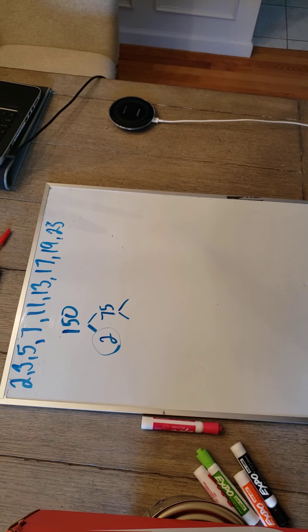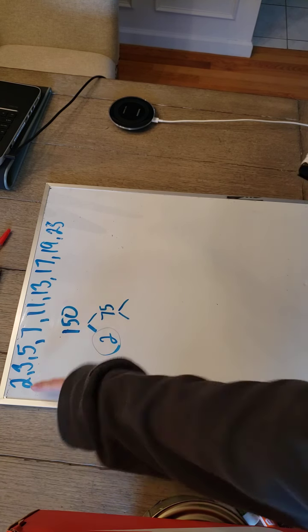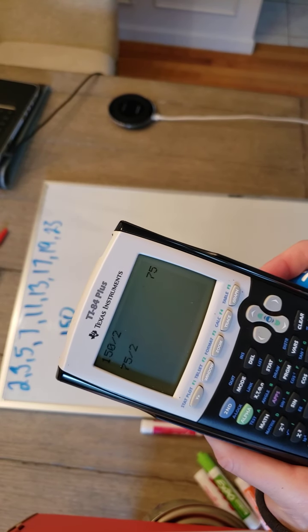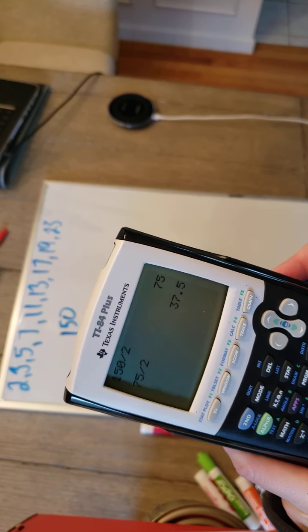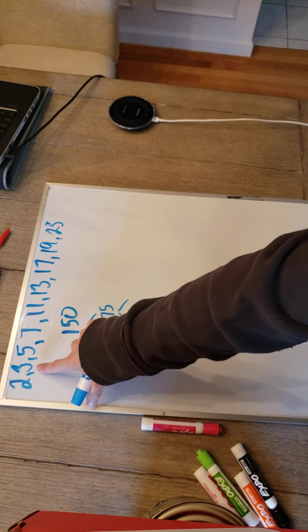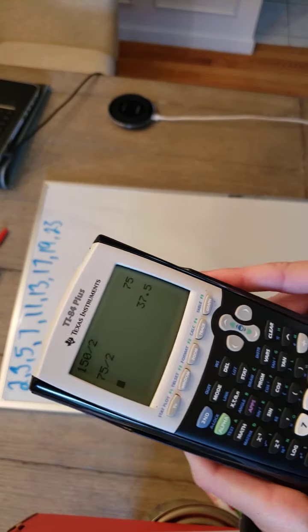Now you have 75. You might not know what multiplies to 75. You might know, but in case you didn't, you'd say to yourself, okay, let me start with my 2 again. Is 75 divisible by 2? Hopefully you said no, because 75 is an odd number. So move to your next prime, which is 3. Is